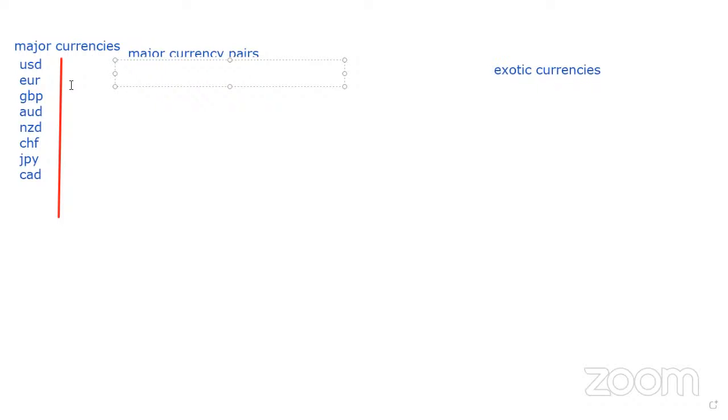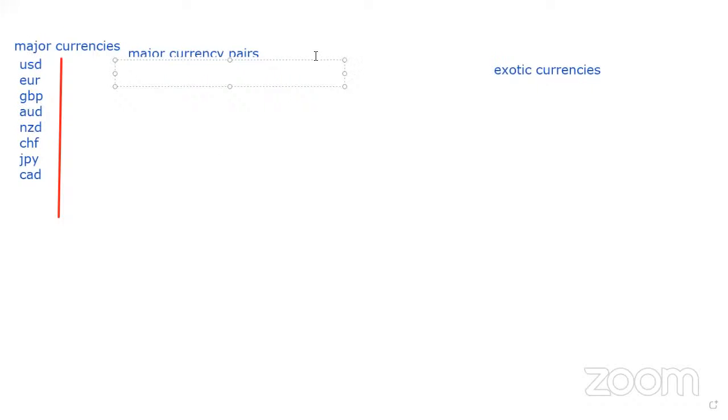Now, these are seen as major currency pairs. Just pair any of these with the USD. Forget about how it's arranged. Okay, we'll come to that. You can arrange it, but the chart we'll be using is already arranged in the way that you can trade it. You can arrange it anywhere, but just know that any of them that cross with the USD is a major currency pair from these majors.